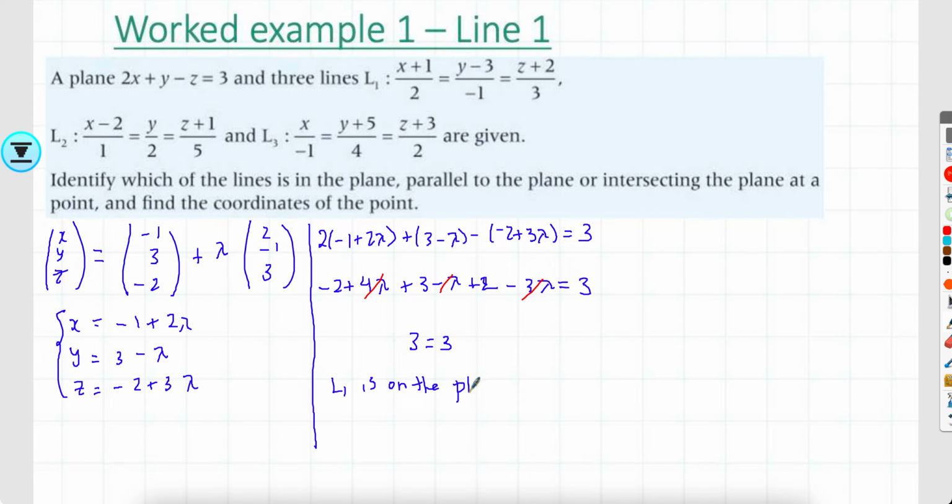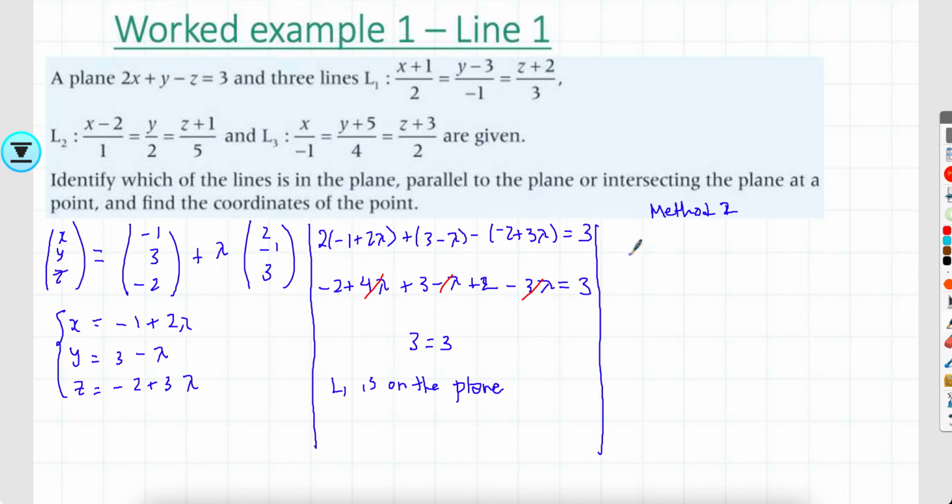So that's how you show that it's on the plane. And that's it, you don't need to do anything further. So this is a more solid method, a fully rounded method to prove how the line is in there. Another way to show it,